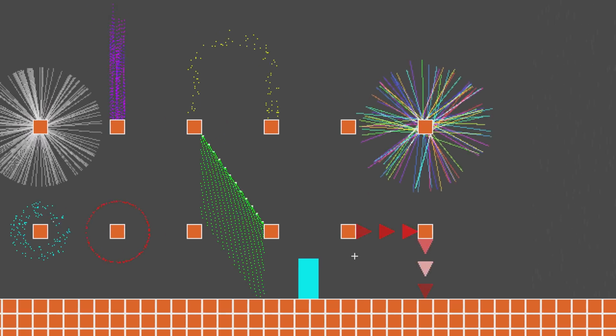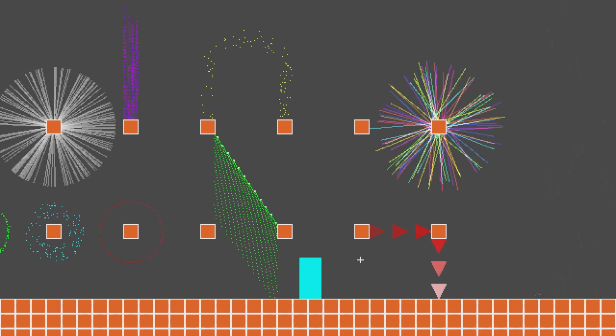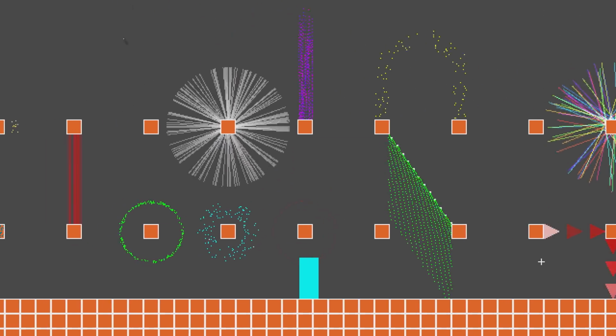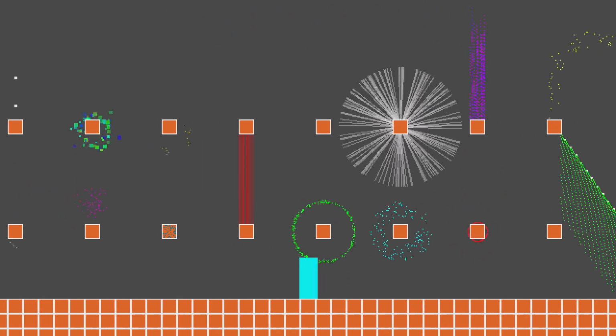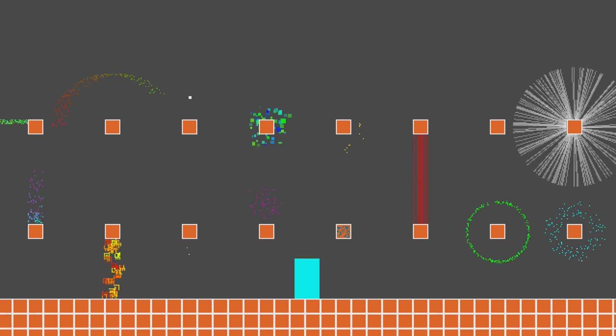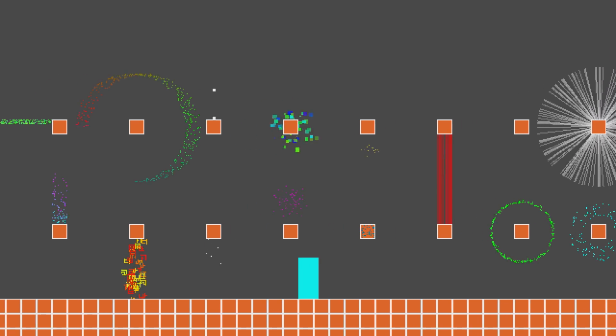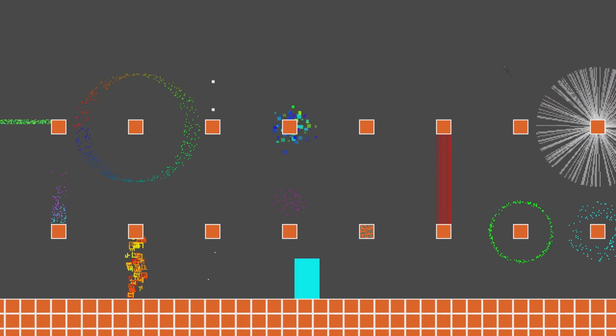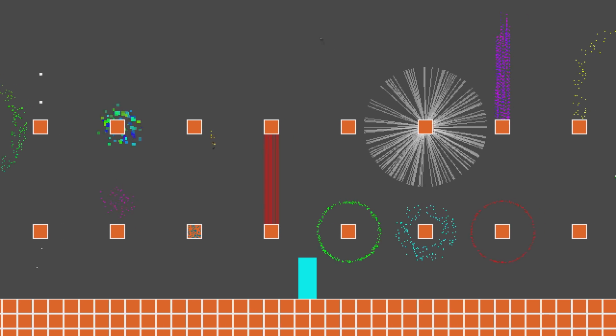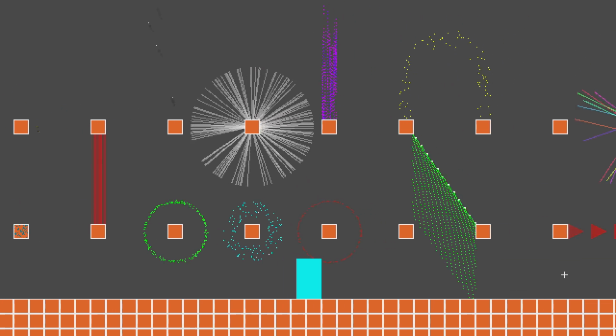Now, one thing you may have noticed if you were paying attention: if I walk left here, and I don't even have to be running, watch the rainbow ring. See how, when I walked into this room in the beginning, it was in the same state. See how it has to actually fill in over time, right? This